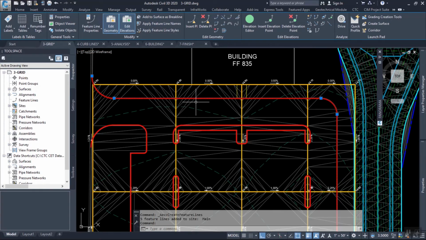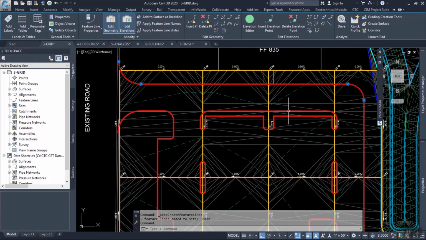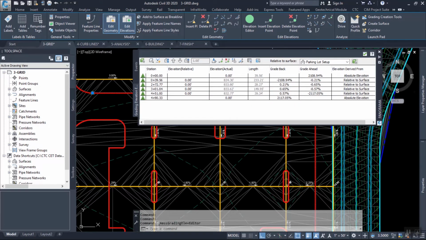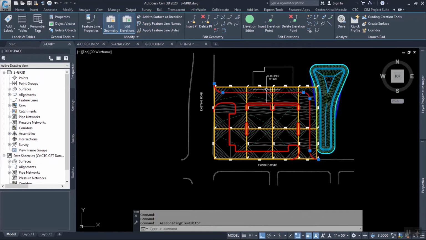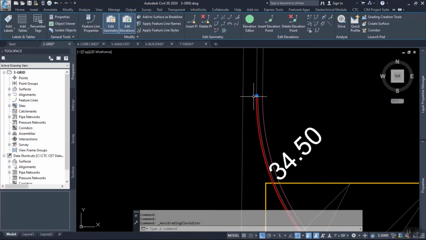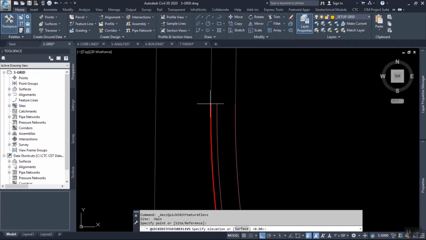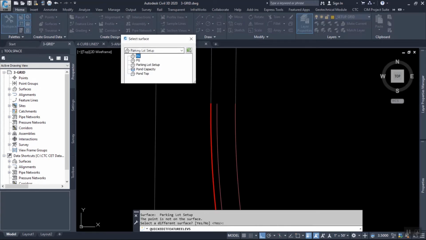And what I end up with is all these red feature lines you see now. They have elevations, and if I look at elevation editor, those points are relative to the surface, except for the outside points that I left outside of my setup surface, so that those could simply be attached to existing ground. And those we're just using quick elevation edit, pick here, S for surface,